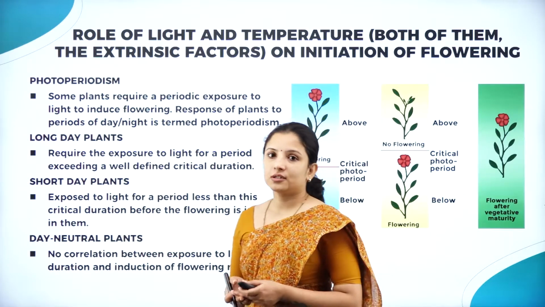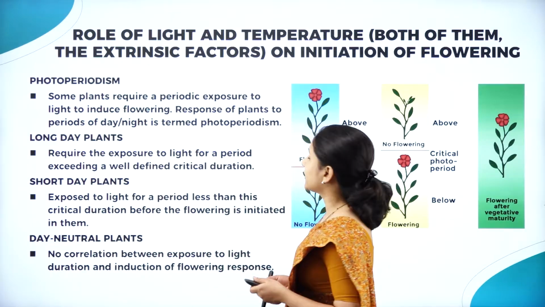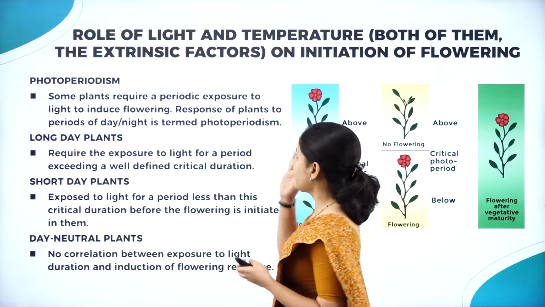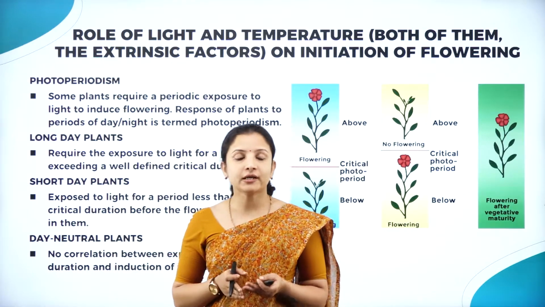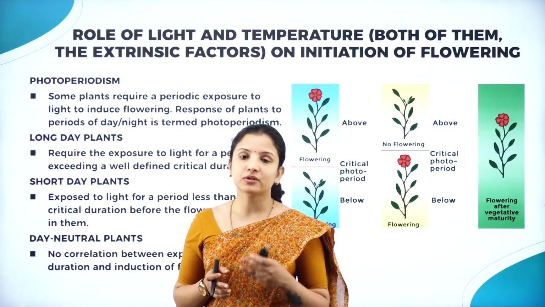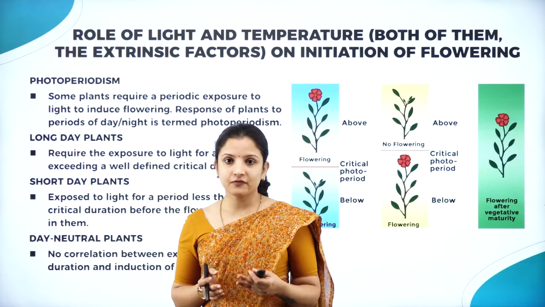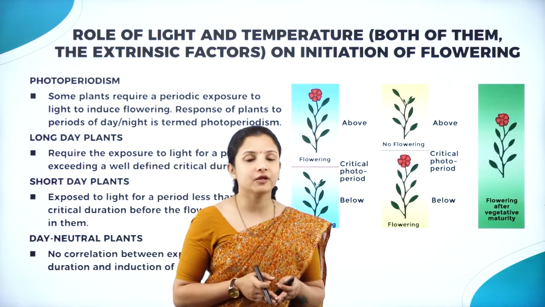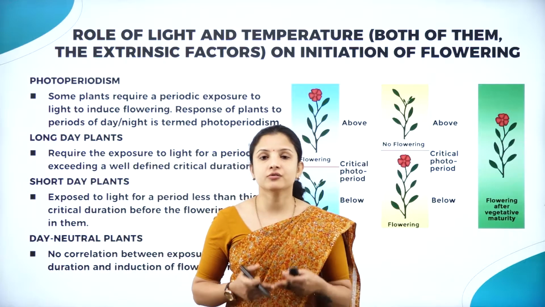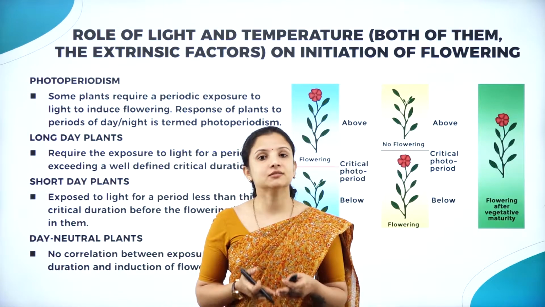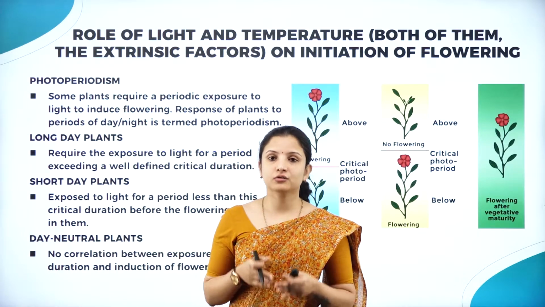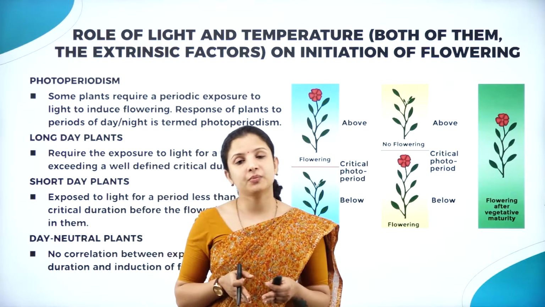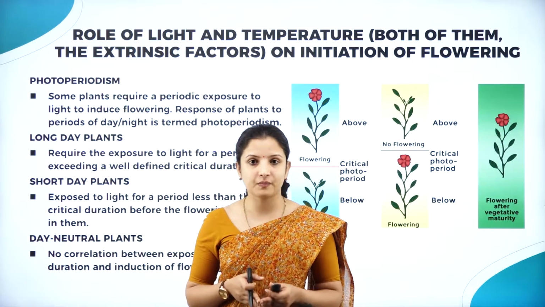Photoperiodism is nothing but the role of light and temperature. In today's session, we are dealing with the role of light and temperature, both of which are external factors. Light and temperature both are extrinsic factors. What role do they play in the flowering of a plant? So far we were studying shoot elongation, root elongation and all that. We had not discussed flowering, because flowering is also one aspect of the growth of a plant. So how exactly light and temperature play a very important role in the flowering of a plant, we shall see.